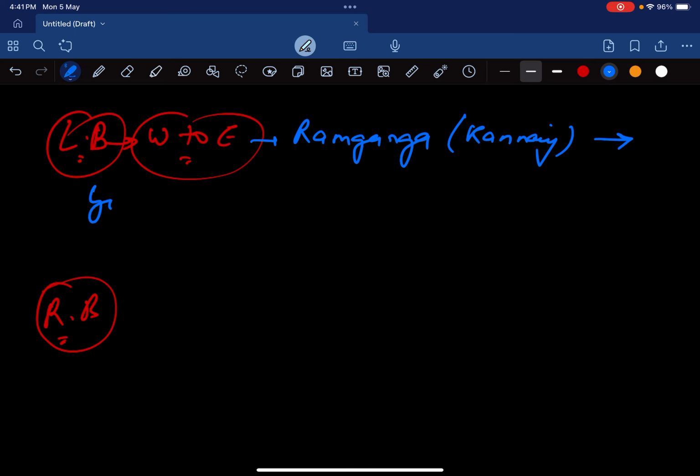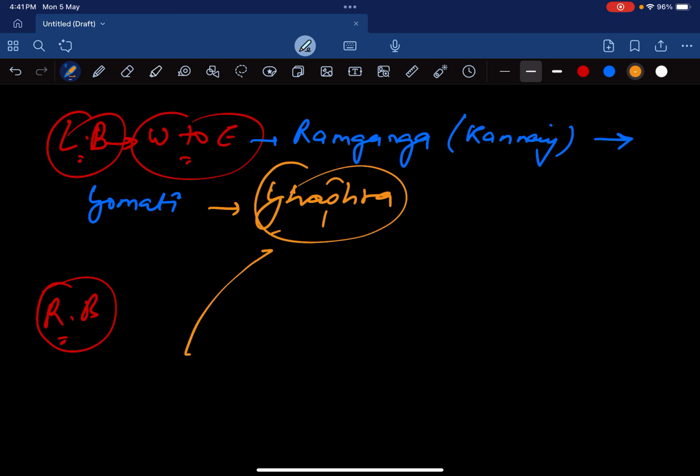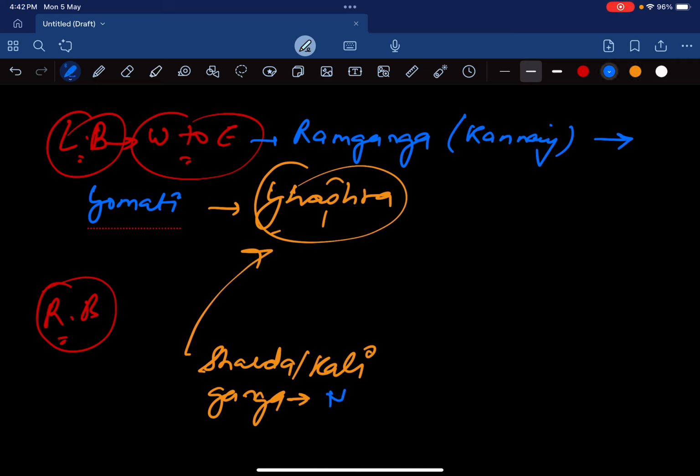Then it's Gomti, right? Then it's Ghagra, right? Where Ghagra is joined by the Sharda or Kali Ganga. दोनों नाम एक ही नदी के हैं, which has its origins in the Nepal Himalayas. So अभी तक कोई दिक्कत? रामगंगा, गोमती, घाघरा, then it's